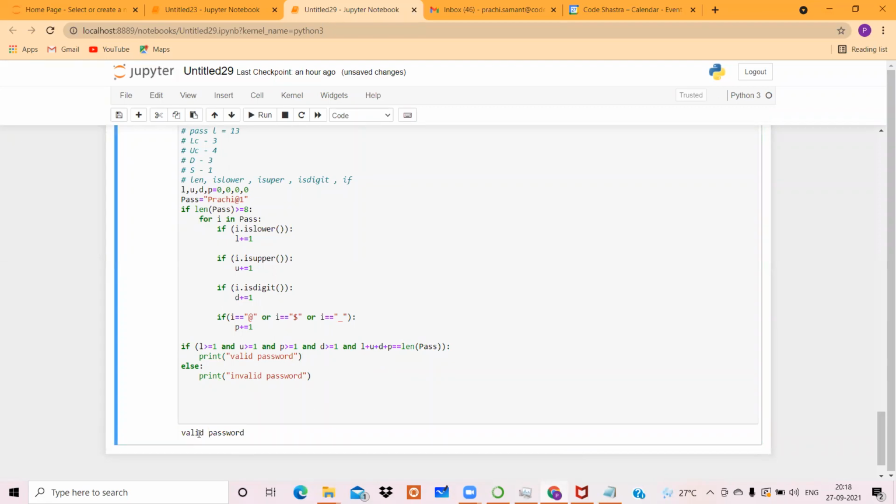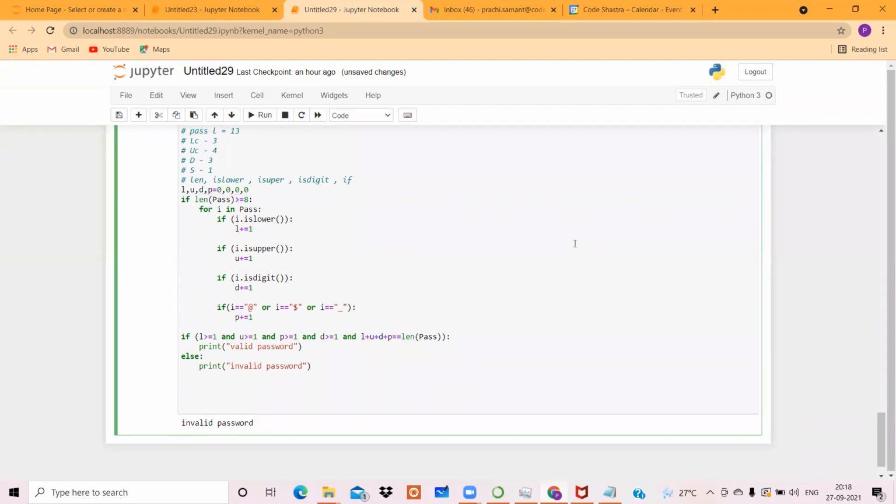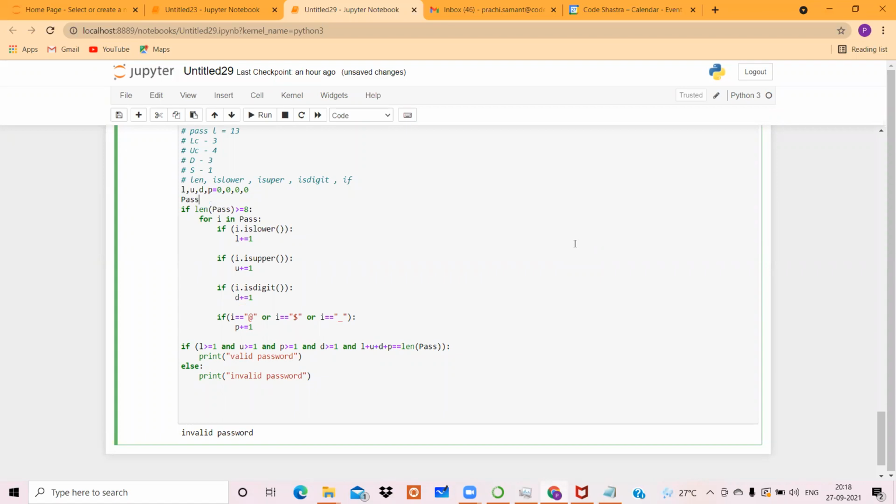So this time it is giving us a result as a valid password because yes, we have given the values in that range. अभी मैं जानबूझ के यहाँ पे spaces add करती हूँ, so मेरे सारे conditions satisfy हो रहे हैं, but I have added the space and let me just run this, and now this is giving us the invalid password. Now what we have to do is we have to take the input from user. So what will change? We'll simply write pass is equal to input enter password.